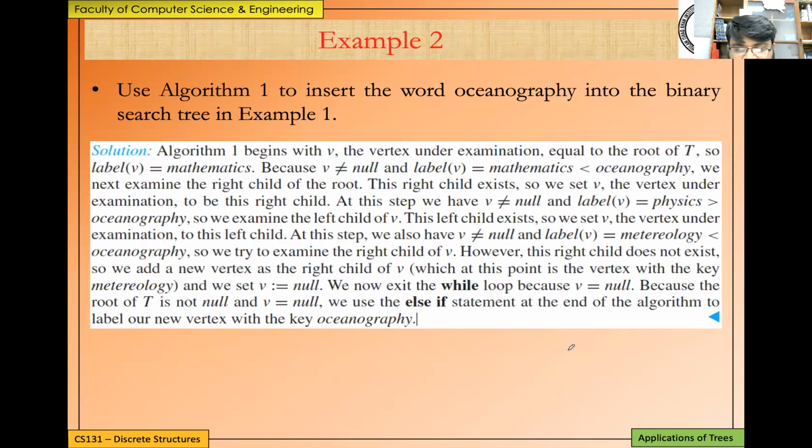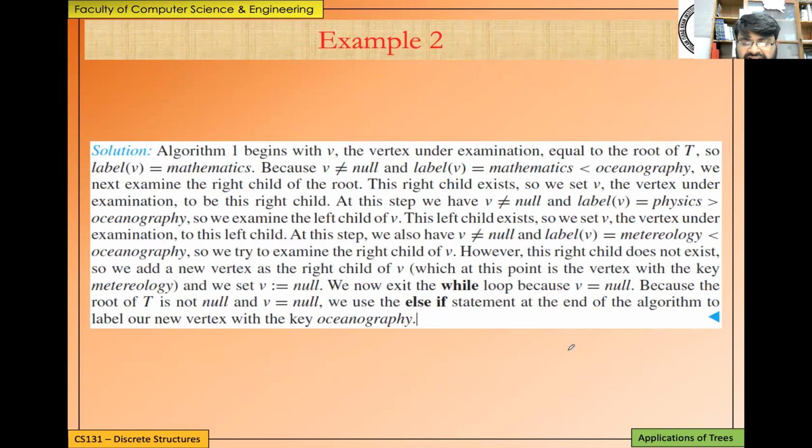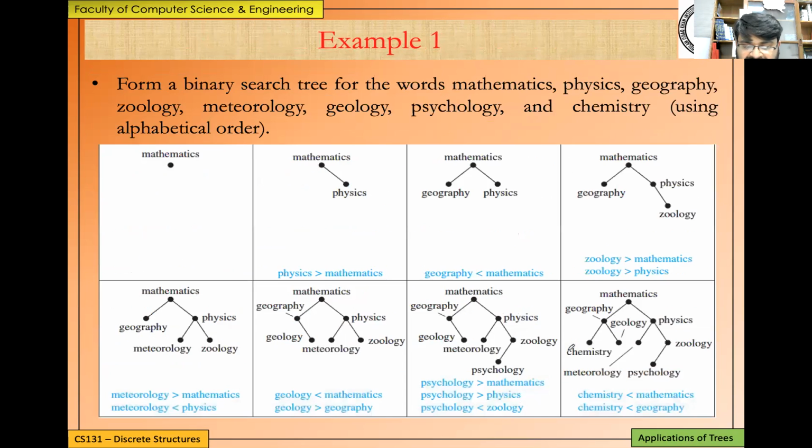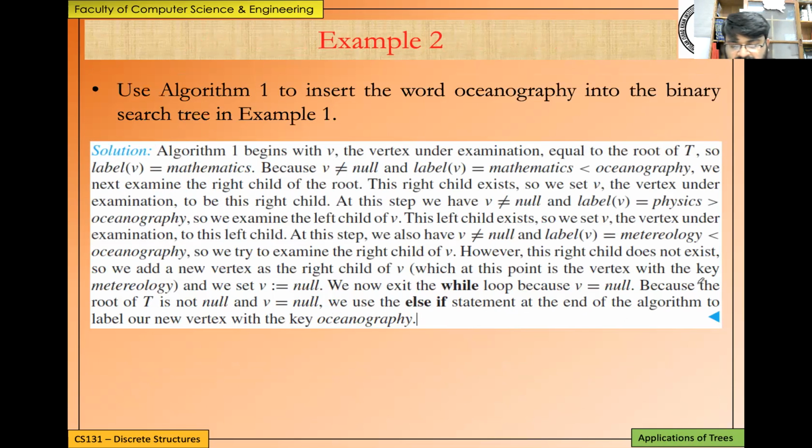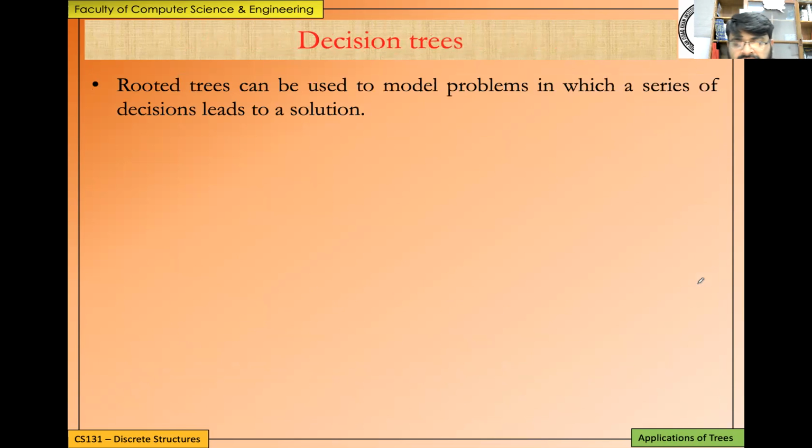Let's take another example. Use Algorithm 1 to insert the word oceanography into the binary search tree. If you have to insert the word oceanography in this search tree, the answer is again simple. You match and move on and insert it at the correct place where you identify it, right? So